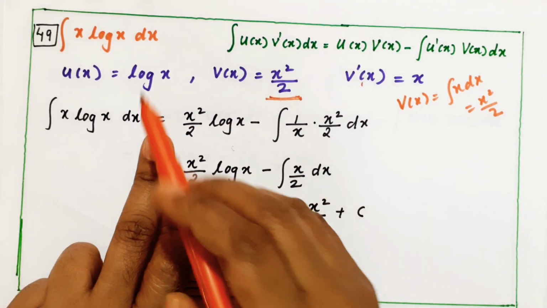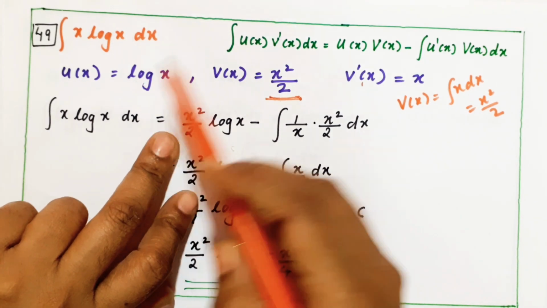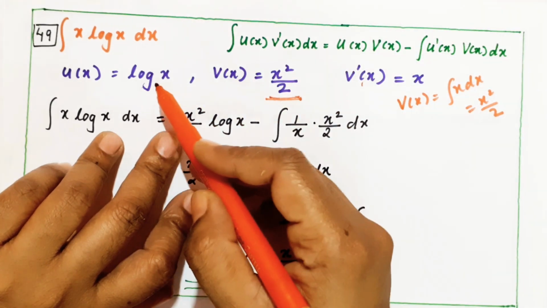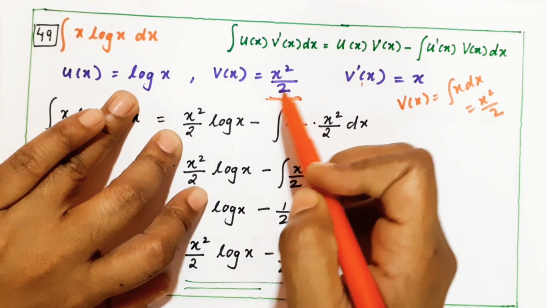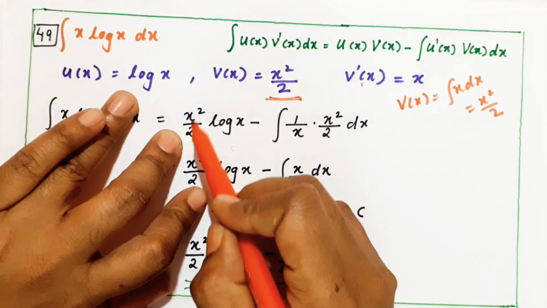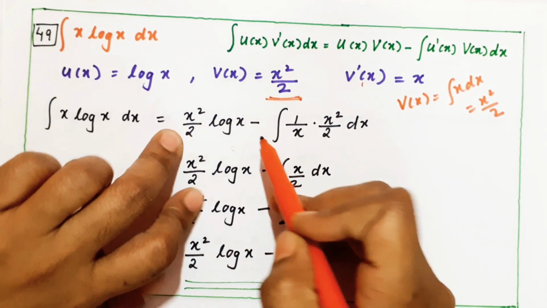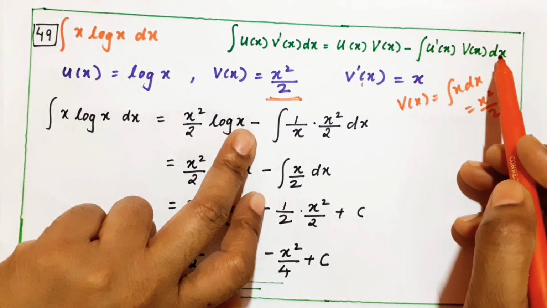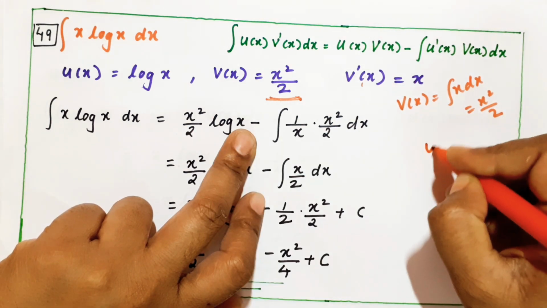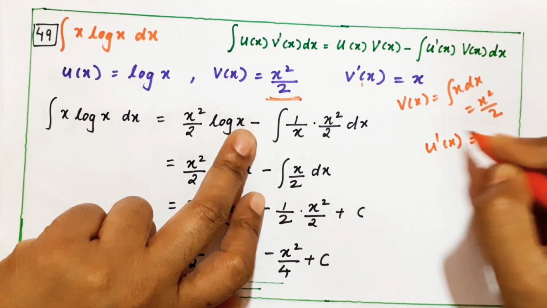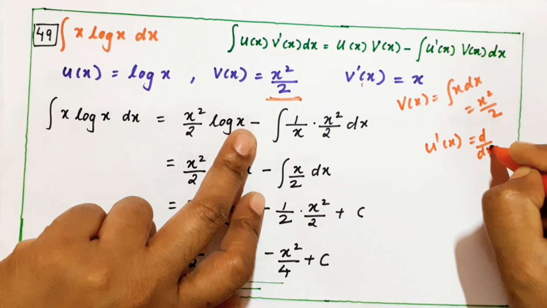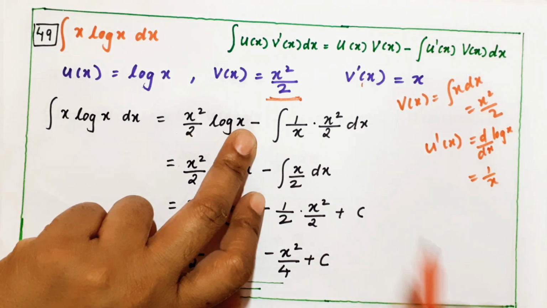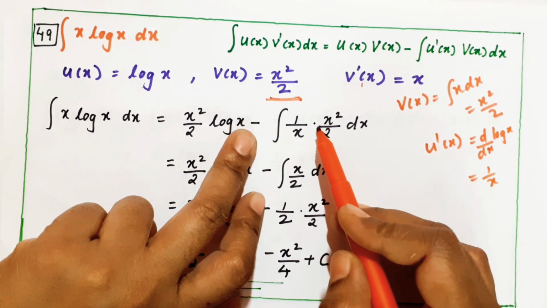No problem. So what I am taking here is u of x, v of x. Actually, u of x is log x, v of x is x square by 2. But the product is commutative, so I am taking x square by 2 into log of x minus integral of u dash x v of x. What is u dash x? We know d by dx of log x is nothing but 1 by x. So I can write this as 1 by x into